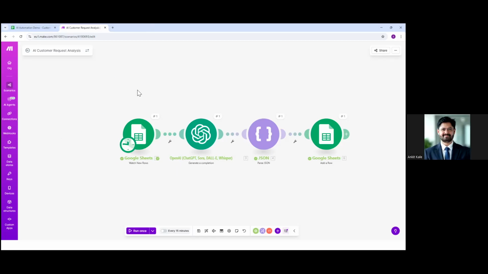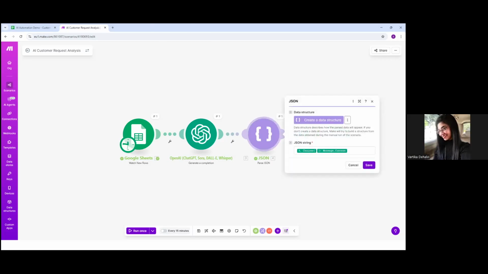So it totally depends on what kind of automation we are trying to achieve. There can be two types of AI automation which we can do. One is of course with the no-code tools, but if you want very specialized automation which may not happen over here, then we may have to go for automation with the help of scripting. Right, scripting means coding. Like in JSON, can you just open JSON? Okay, here just expand this.